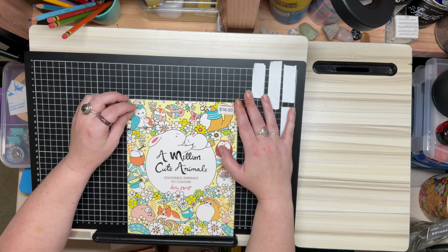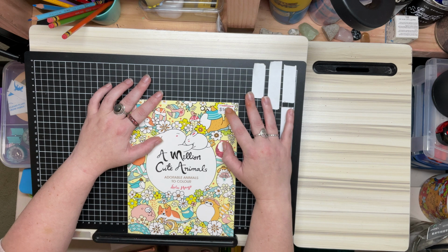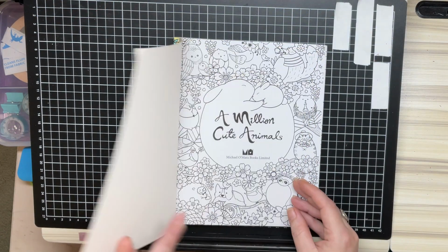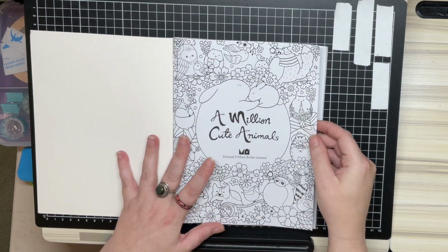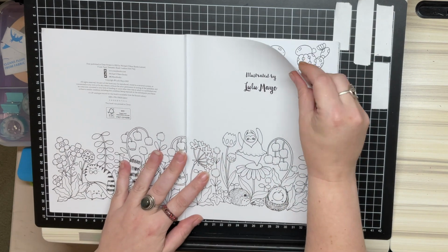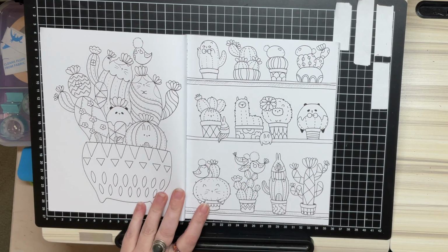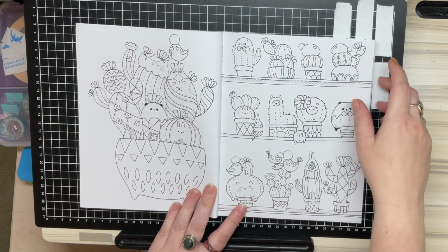So today I thought we'd do a quick flip through of A Million Cute Animals by Lulu Mayo. I picked this one up at a chain store we have here in New Zealand called The Warehouse for 16 New Zealand dollars. Lulu Mayo's illustrations are just adorable. The paper in this book is pretty smooth, so I've just been scanning the pictures and printing them out on drawing paper. As we can see, we've got cute